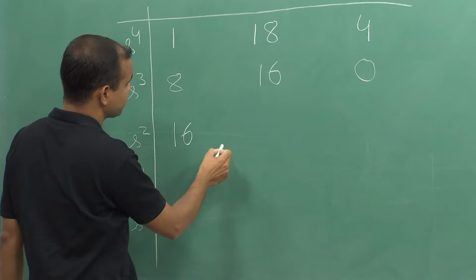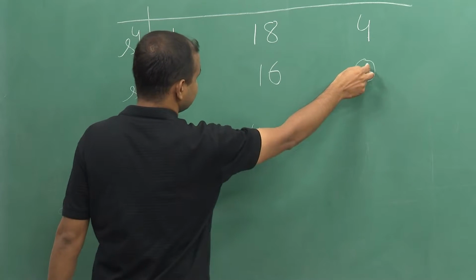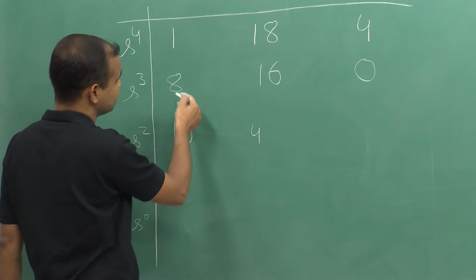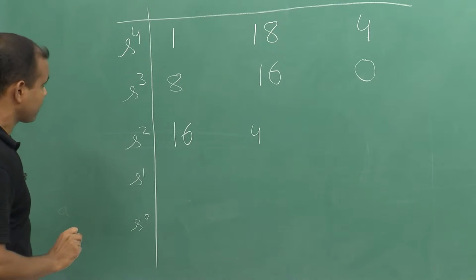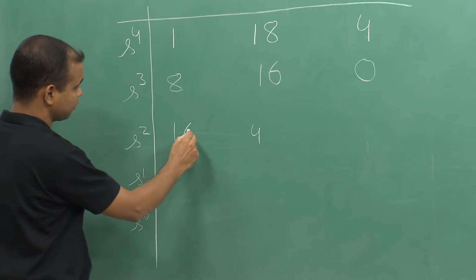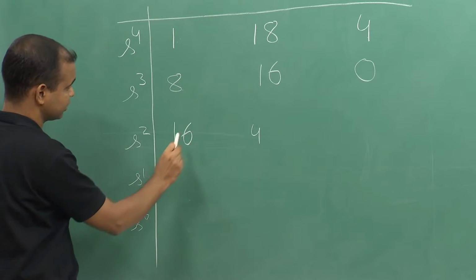So, this will be 4. You can directly write 4 if here is 0, because this has to become 0 and we are ultimately dividing by this term only. So, we can directly copy it here. Here we have to multiply these two terms, subtract this and divide by this. So, 16 into 16